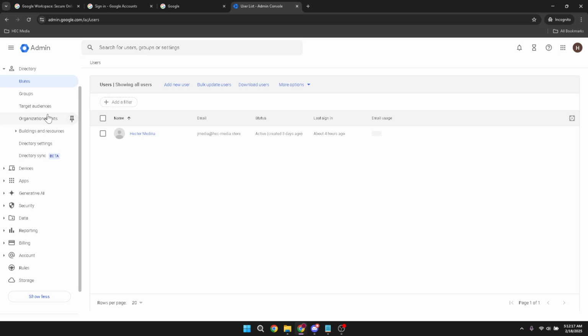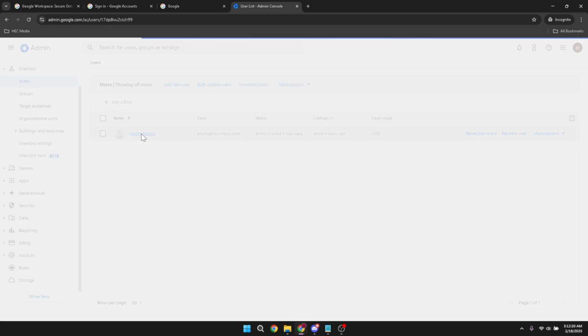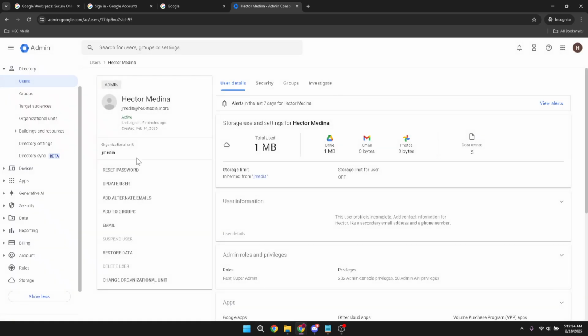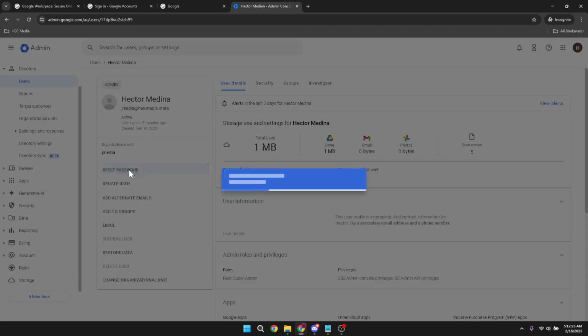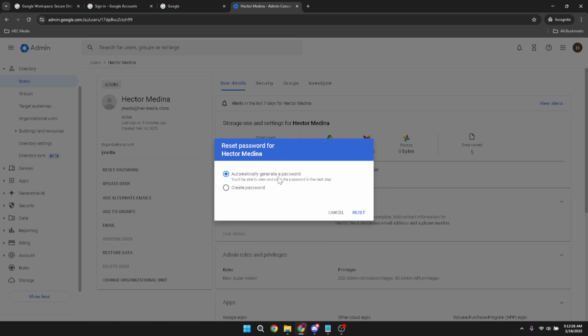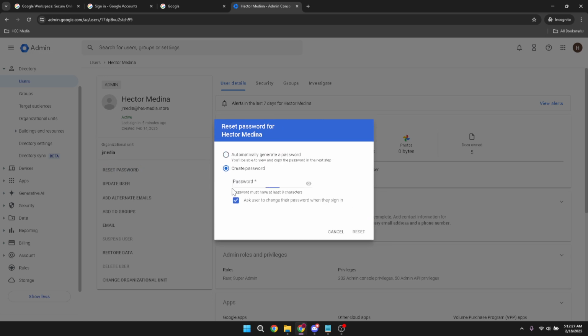Once you've selected the user account in question, look for the option labeled Reset Password. Clicking on this will navigate you to a new screen dedicated to password management. At this point, you'll see an option to create a new password. Selecting this option allows you to enter a new password that adheres to Google's password requirements, ensuring both security and